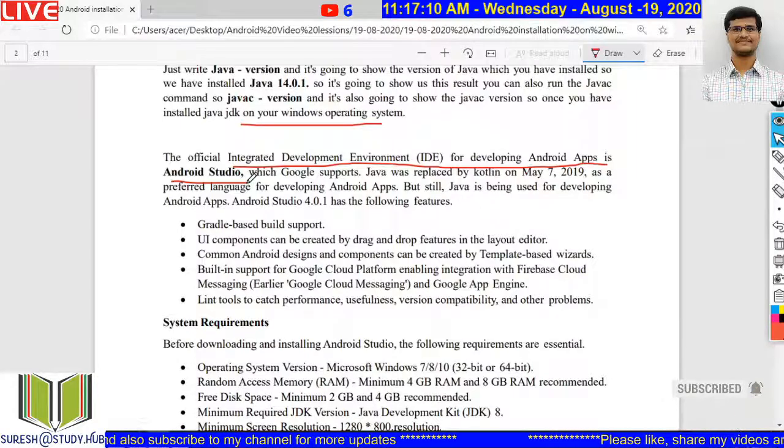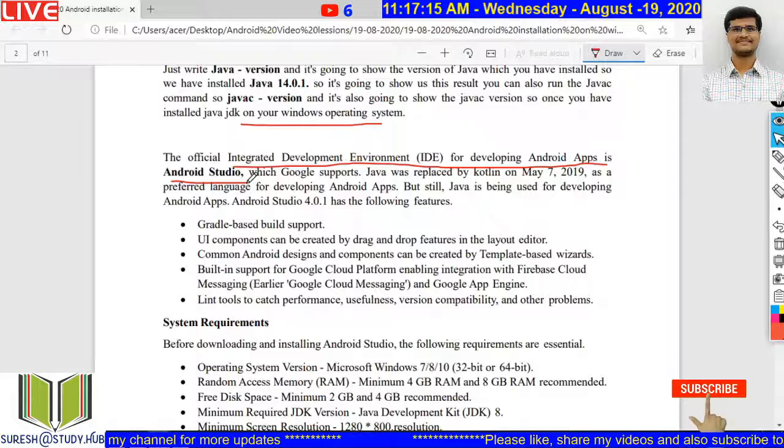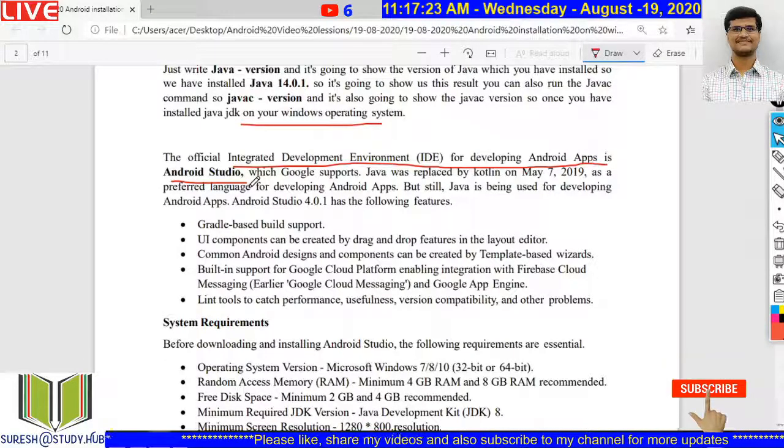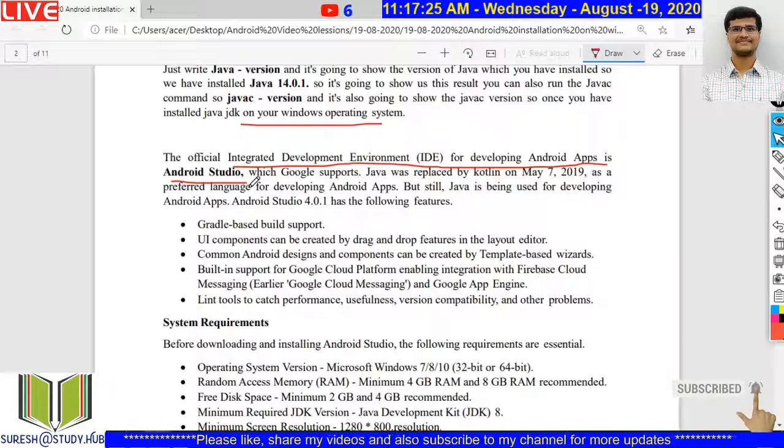Everything will be integrated into a bundle. So that is your integrated development environment for developing these Android applications. One of the most commonly used IDEs for developing Android applications is Android Studio. We have Eclipse also, but it is better to go for Android Studio, which is